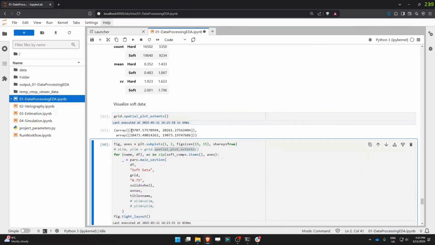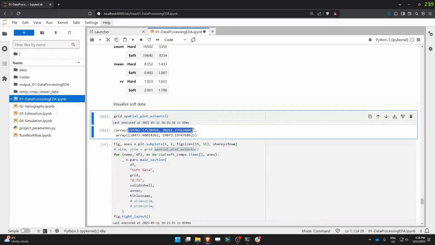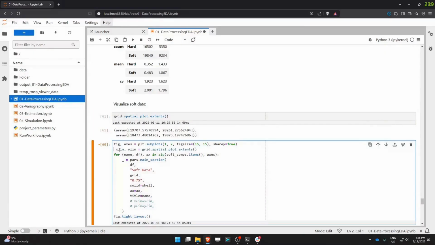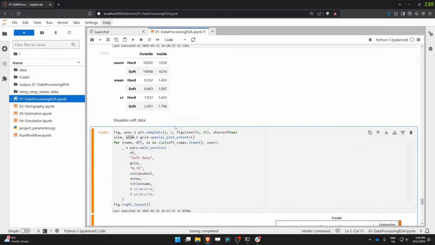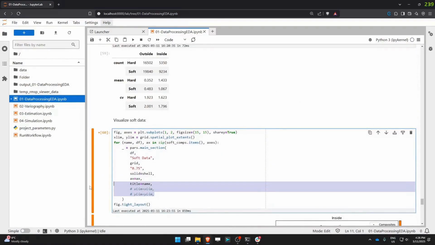So the result of this function is a tuple with array of minimum and maximum value for the x-axis and y-axis. So we just capture that on this output. X-lim is going to be these two numbers, and y-lim is going to be these two numbers. And we go ahead and pass that to the function,